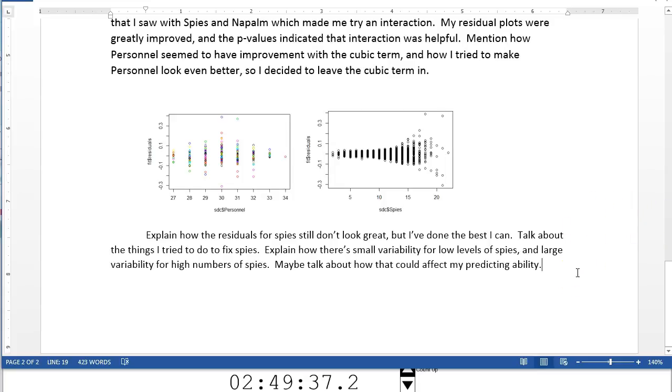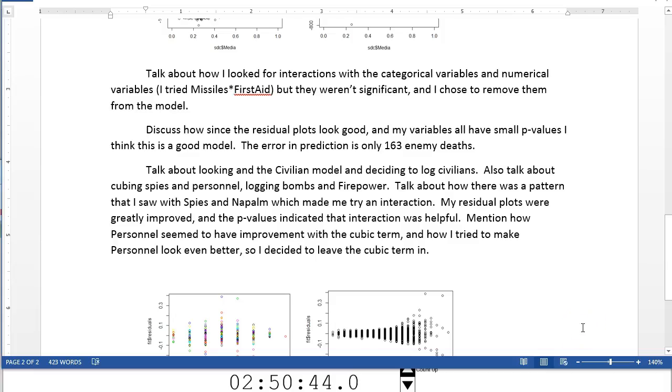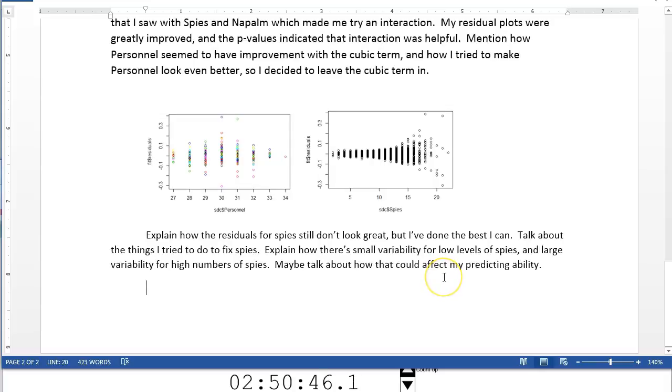How much detail you go into there might be somewhat of a personal choice, but make sure the client knows you're aware of where the residuals went funny and that it's not an accident or something you didn't notice. Also, it's helpful for me as the teacher that you recognized it and that you tried to fix it as best you could. Okay, now it looks like I've spent almost an hour on this, and I haven't actually gotten to the good part, which is the results.